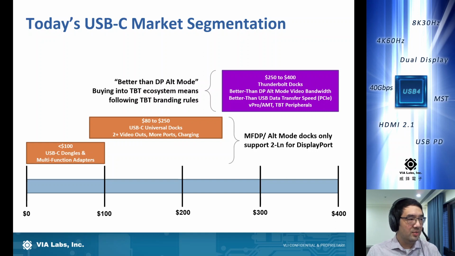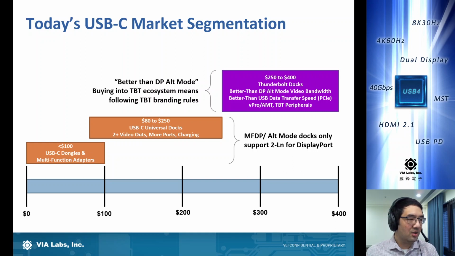So now we'll look a little bit at the USB Type-C market segmentation today. So basically, we have our dongles and adapters, which are just the little things with the stubby cables attached at the end. And if we take a step up, we have these Type-C universal docking stations. So they're based on the same technology, but they usually have more video output ports or maybe more USB and other ports. And some of these are self-powered, so you plug them in the wall, and they're able to charge your laptop or tablet or other device.